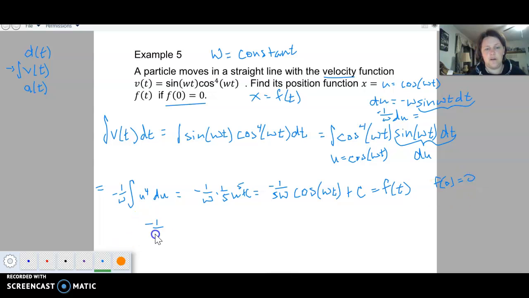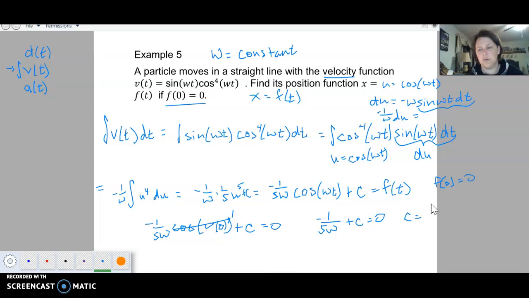So negative 1 over 5w cosine w times 0 plus c is equal to 0. So cosine of 0 is equal to 1. So that's all going to go to 1. So now we have negative 1 over 5w plus c, which equals 0, and that will make c equal to 1 over 5w. So our final answer will be negative 1 over 5w cosine wt